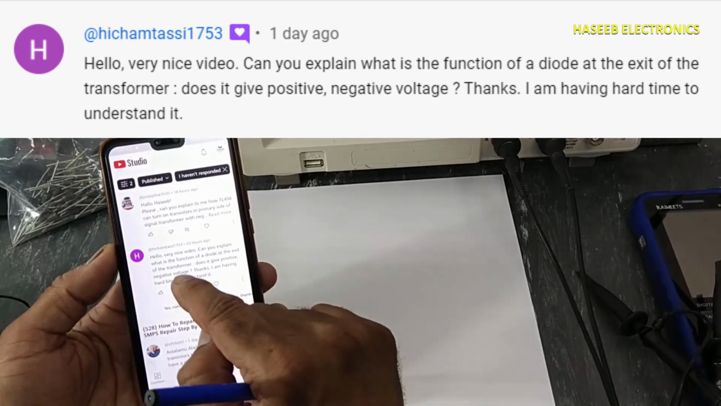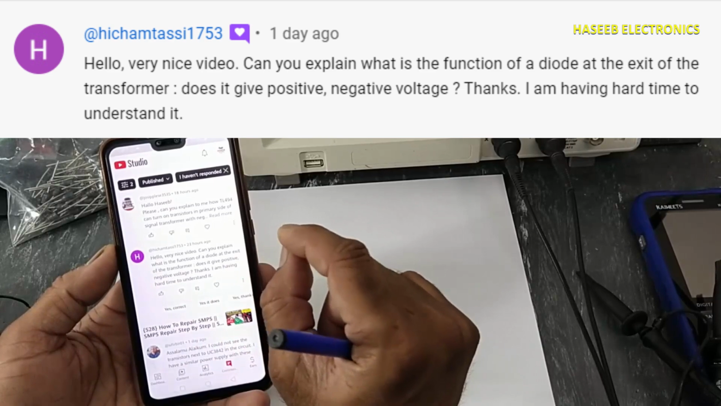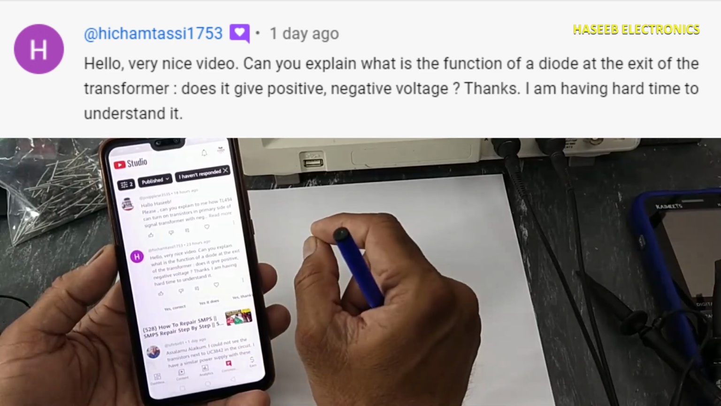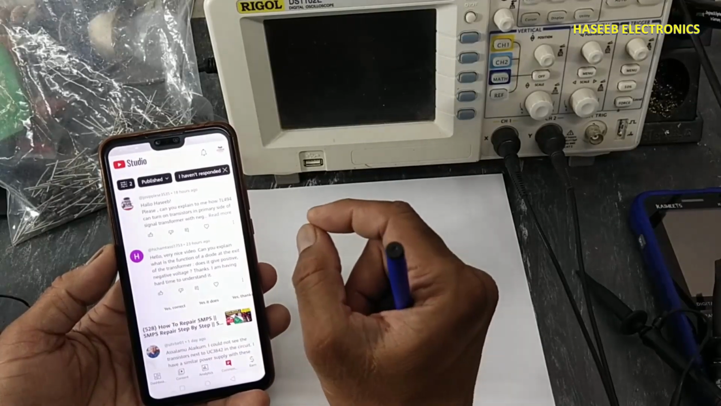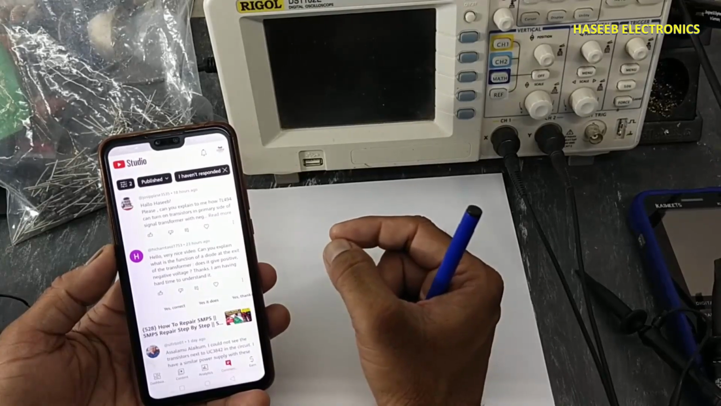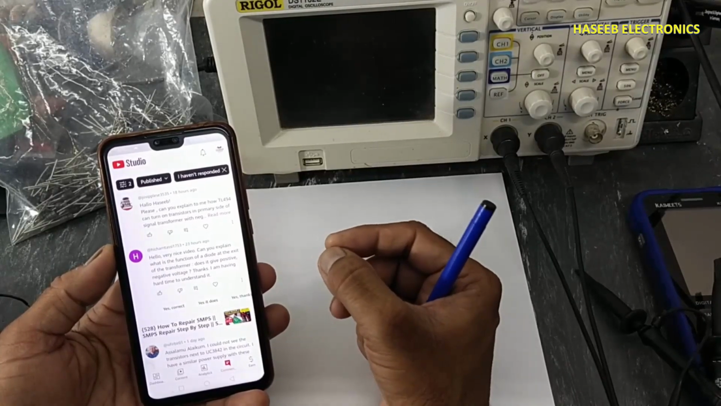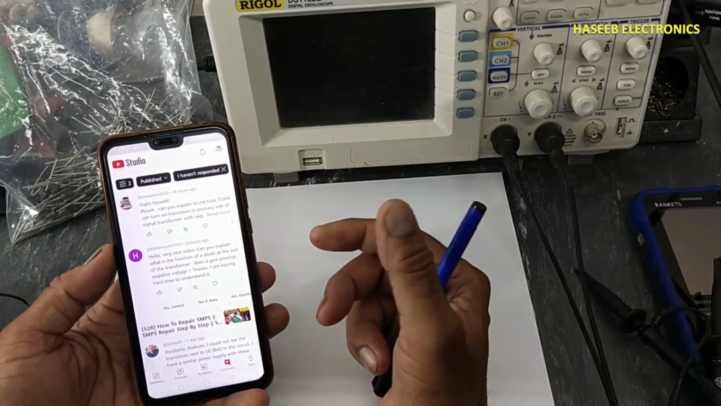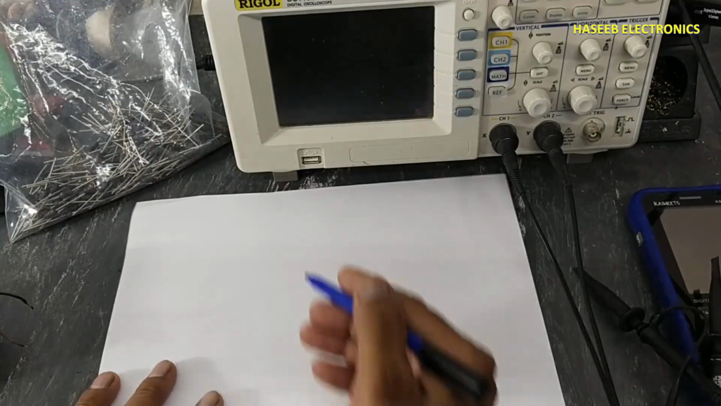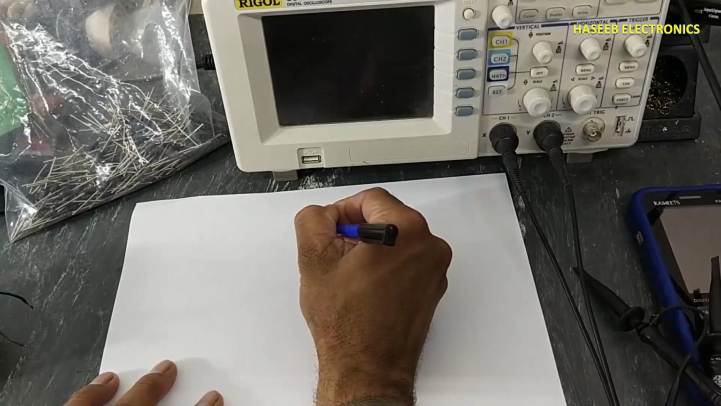Can you explain what is the function of a diode at the exit of the transformer? Does it give positive or negative voltage? Thanks. I am having a hard time understanding it. No problem, let's start. When we say diode,